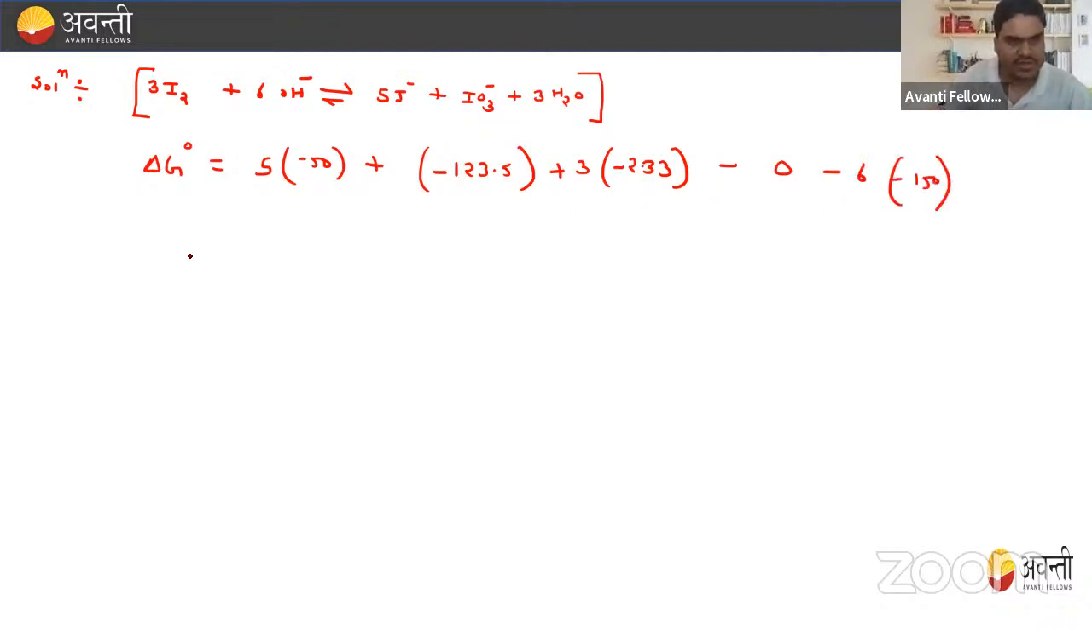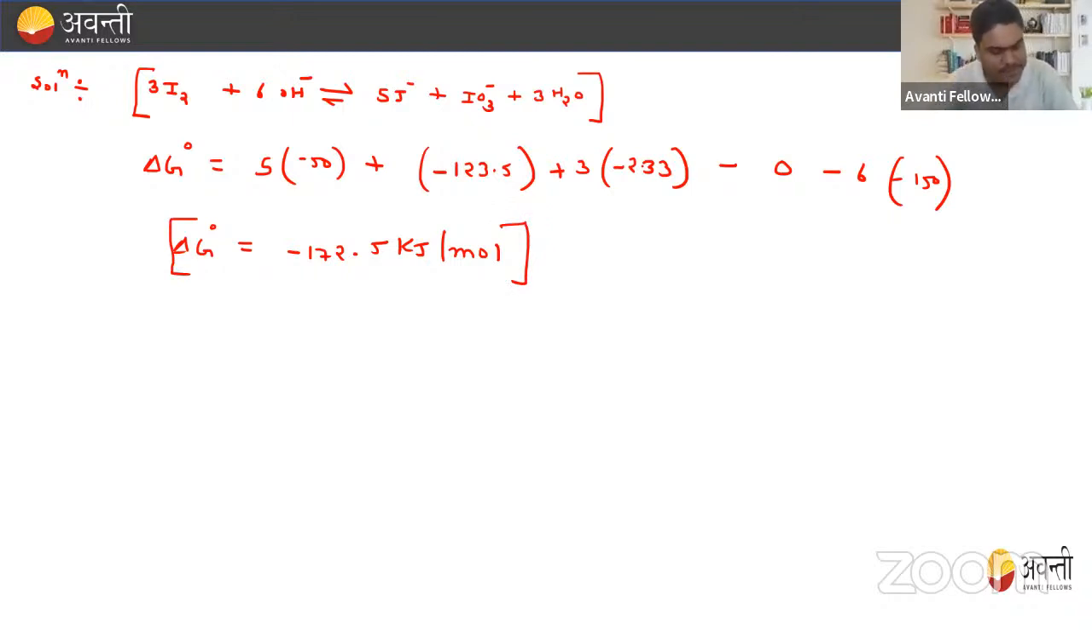So on solving, what will you get? You will get delta G naught is equal to minus 172.5 kilojoule per mole. Okay, so this is the delta G naught. So delta G naught is what? Minus 172.5 kilojoule per mole. Okay, now